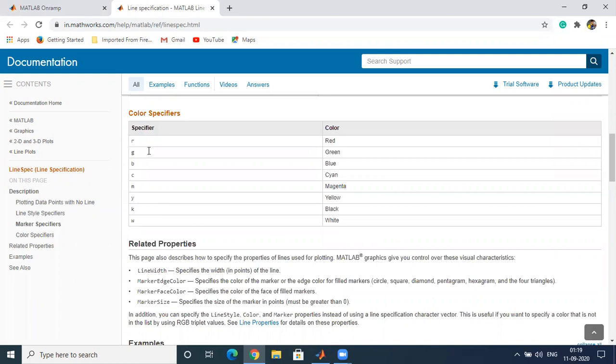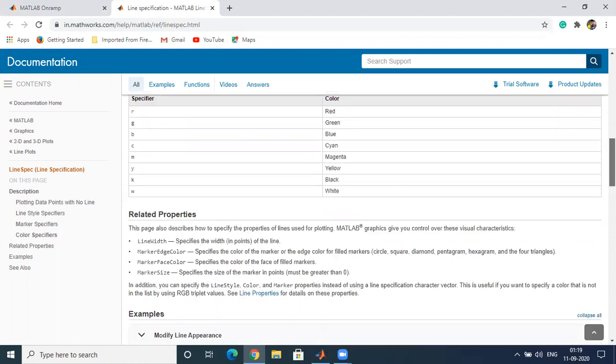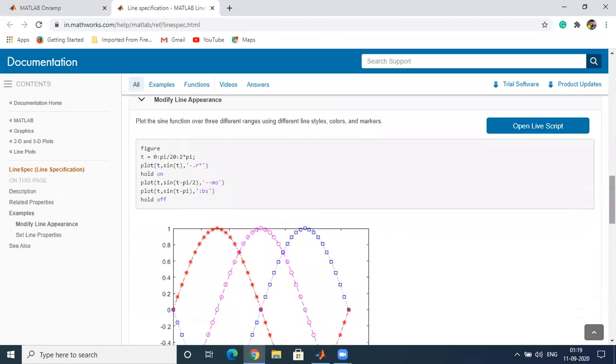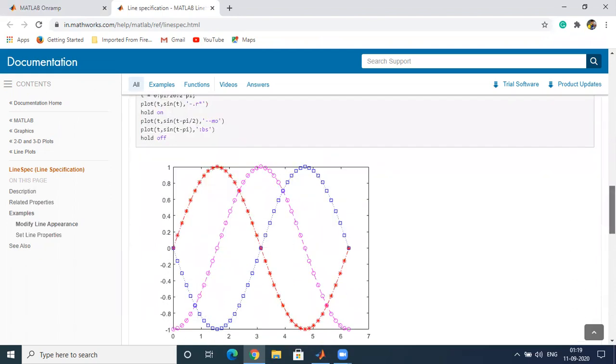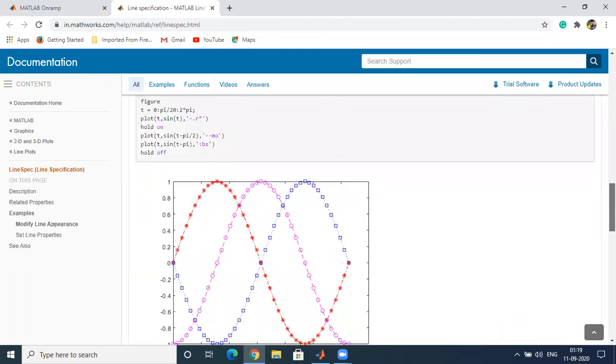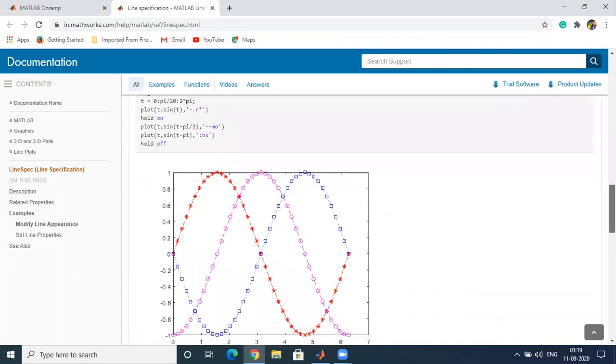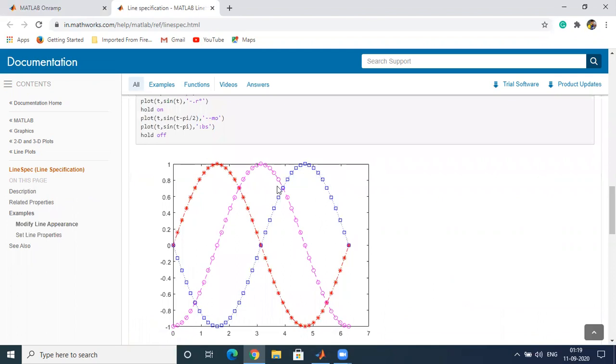So these are the line style, marker, and color specifiers that we can use. You can also see there are lots of examples given, so you can learn by yourself. These are the different markers, line styles, and colors you can see.